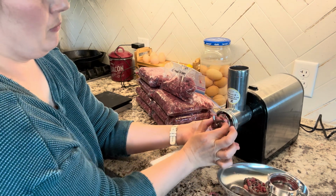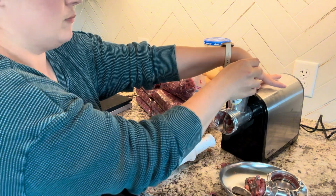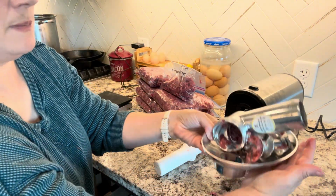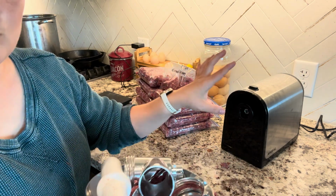one piece at a time. To take this piece off, you just press the button at the top and spin it to the right and it comes right out. I'm going to take all this to the sink, but I'll also be wiping down this